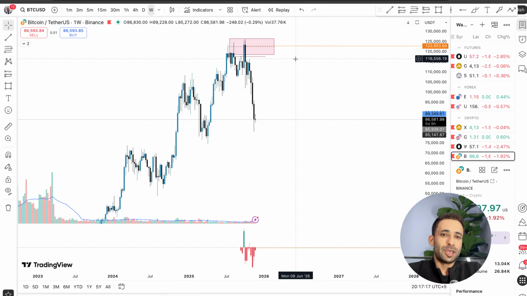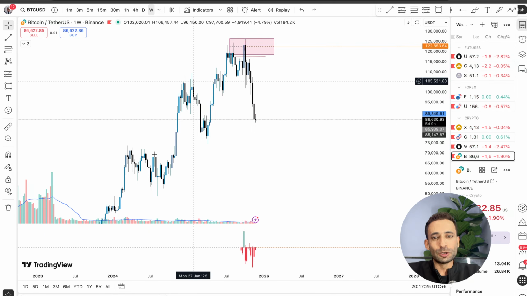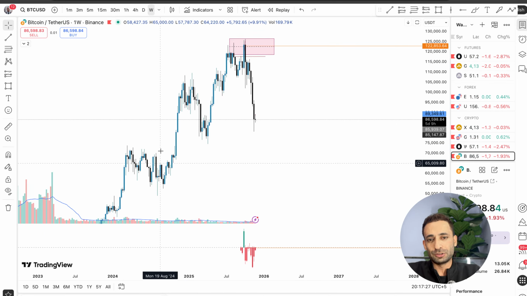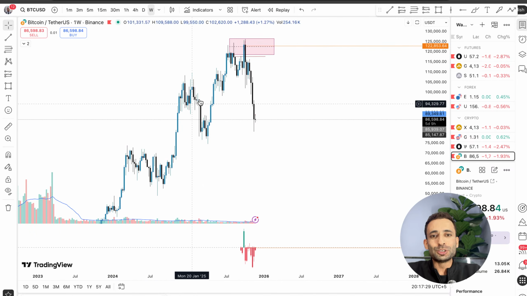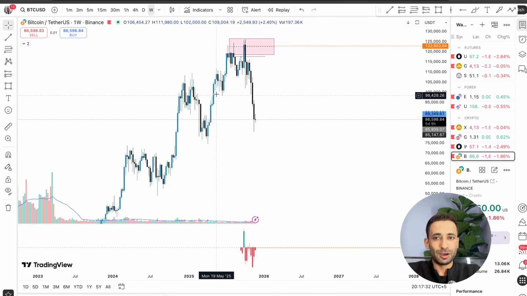Because if I were her, when I was studying, I study every single detail, okay? If I was her, what would I do here? I would look back at the chart. I'll go back to this chart, right? Now you see there is a higher high, higher low, break of structure, everything on this chart on a weekly basis.